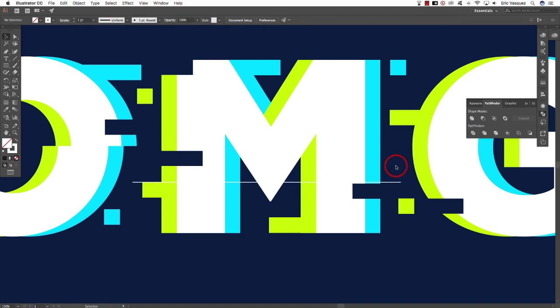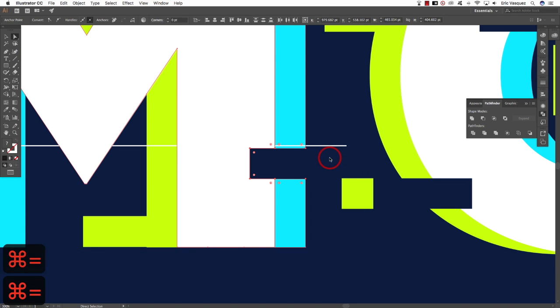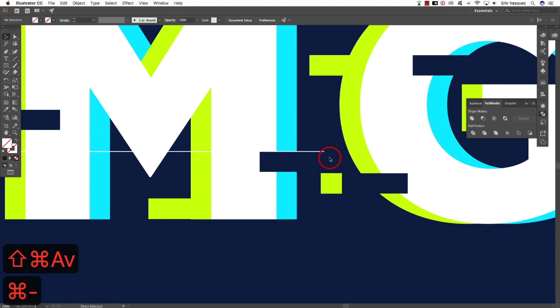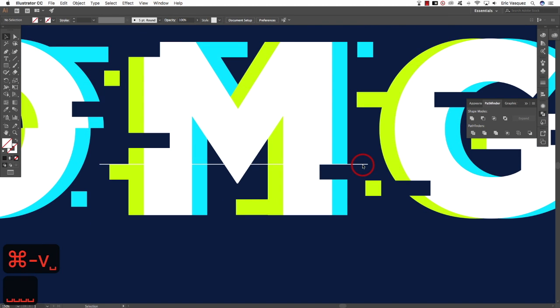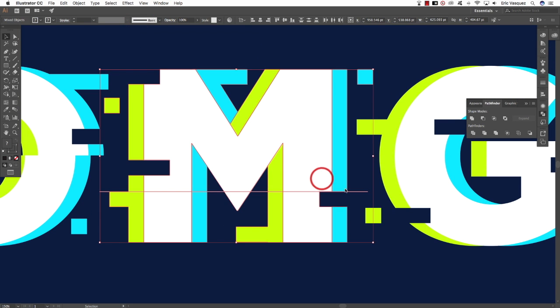So we can go around here. But before I cut this, I actually want to make sure that these shapes line up. So I'm just going to zoom in here, click and drag around those few points with my direct selection tool, and just tap them up a bit. Alright, now I can select this whole letter, plus my line here, and then once again choose Divide from